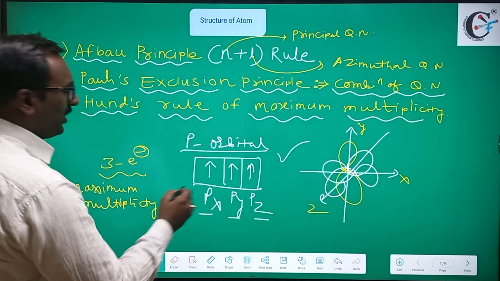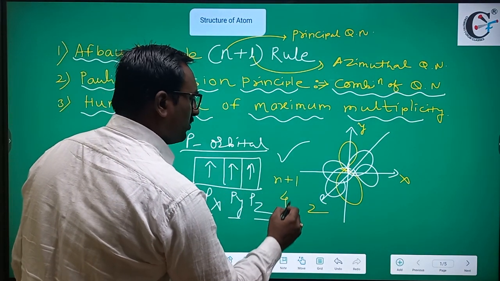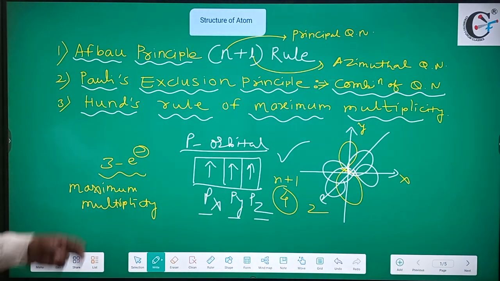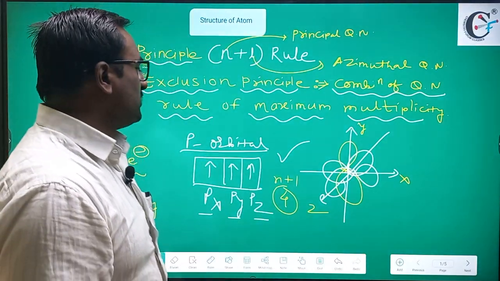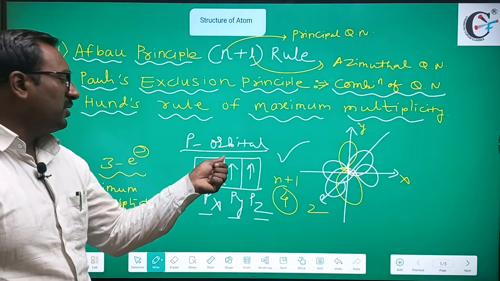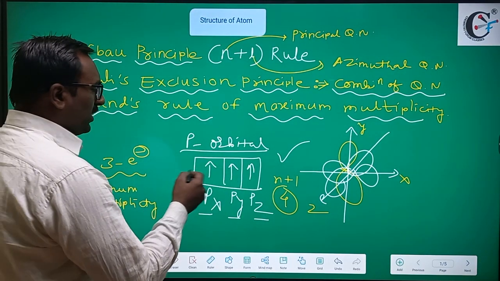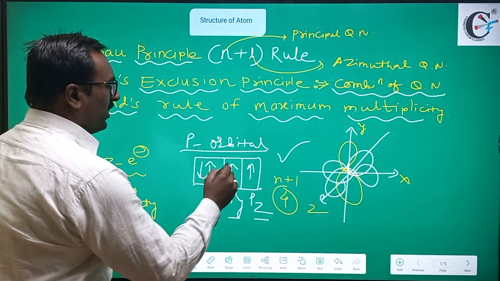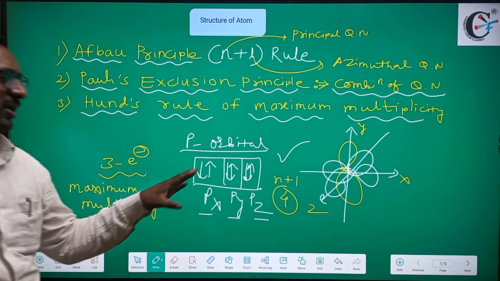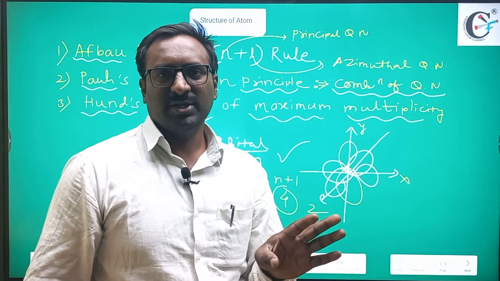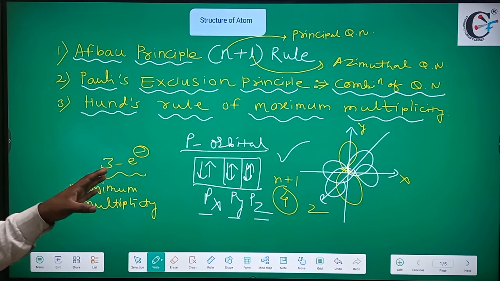For example, if we have 3 unpaired electrons, then its multiplicity will be n plus 1, that is 4, meaning quartet. If you have 2 unpaired electrons, its multiplicity will be 3, that is triplet. It means electrons prefer to have a single occupancy in orientation. And if I have more electrons, that is, if I have 6 electrons, then pairing takes place. So this is the correct representation of electrons in shells and subshells. How to write and represent electronic configuration, we will learn in this lecture.